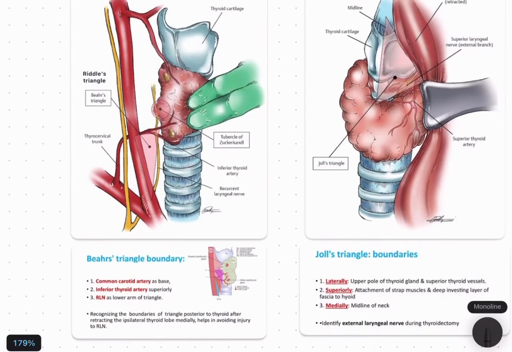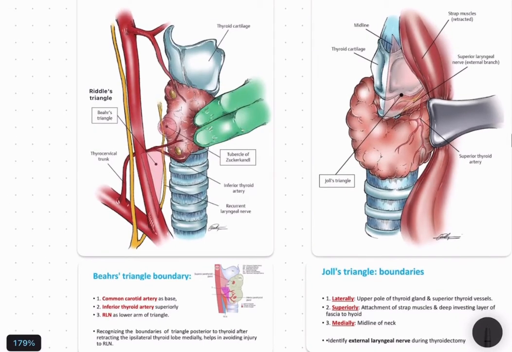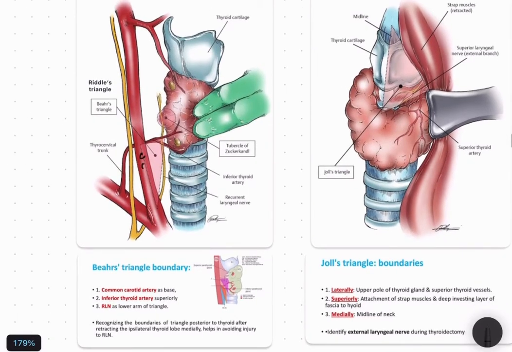Now Beard's triangle is bounded by, this is the common carotid artery. The base is formed by the common carotid artery. Superiorly, you have the inferior thyroid artery. This inferior thyroid artery is a branch of the thyrocervical trunk, which is a branch of the subclavian artery. So it is coming like that and giving the inferior thyroid artery. So this is superiorly bounded by the inferior thyroid artery, and the base is formed by the